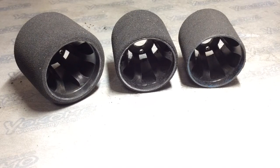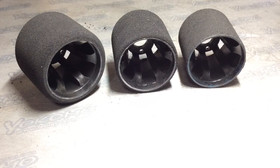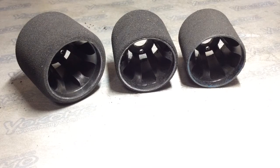So on an asphalt surface, you want to run a larger diameter tire, such as this one here, or you can cut it down to maybe about 44 millimeters. You can get away with running a 42 millimeter diameter tire on asphalt, but I would say that the asphalt would have to be sugar watered or a high traction level to get away with it. If you're to run this tire, good luck. I've tried it before. You just don't have the stability and the consistency when you run such a small foam